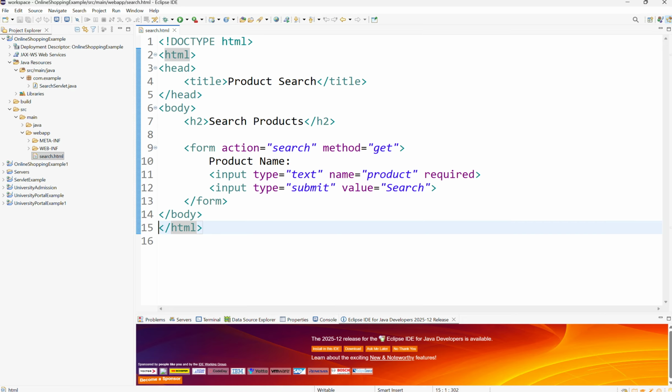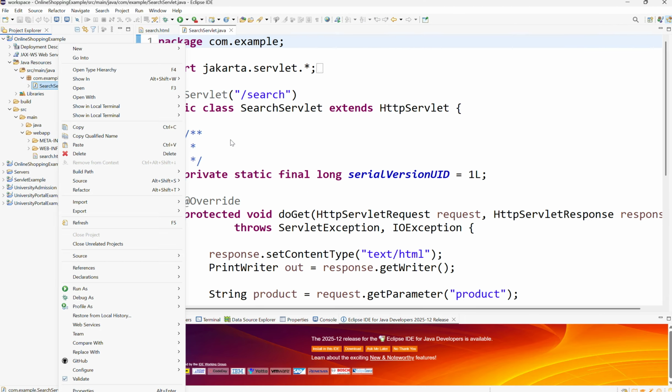document. This HTML page provides a product search form. The form submits user input to a servlet using the get method. The servlet processes the request and returns dynamic search results. Then I will be explaining this SearchServlet.java file,